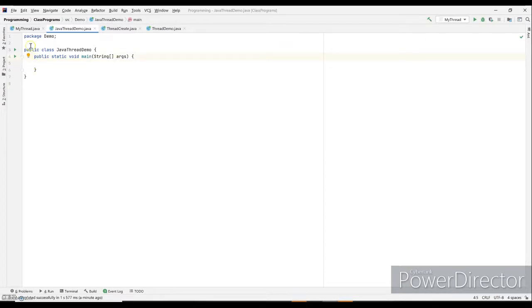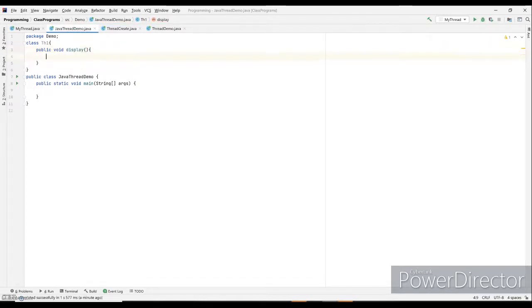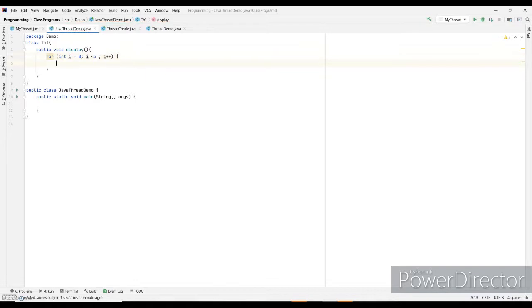So I'll declare a class known as th1, and I'll make a function public void display. I'll make a loop that would display the message thread1 5 times.